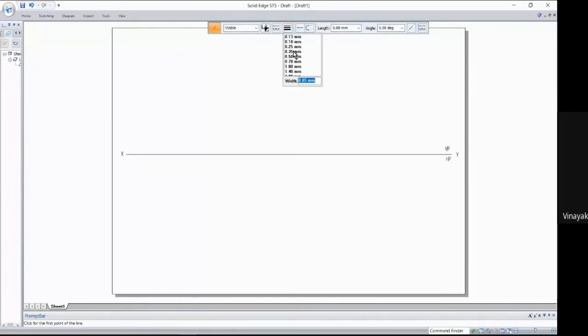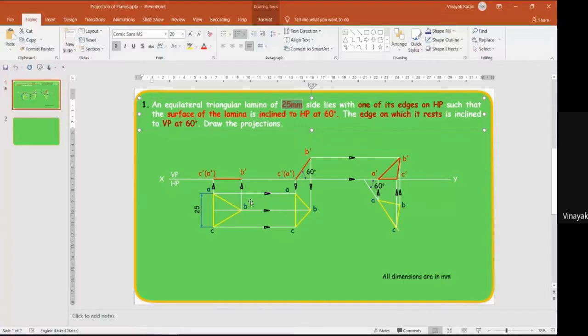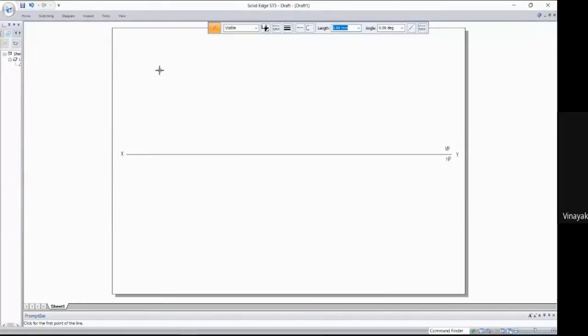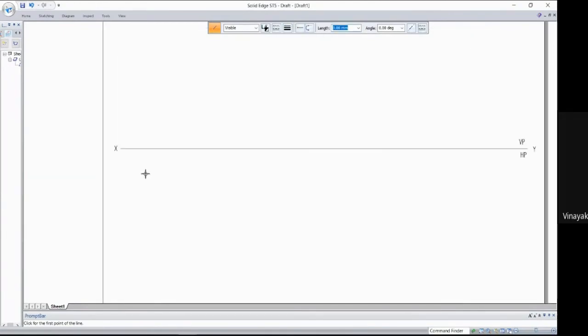That must be drawn with thick line. The ones shown here in white color must all be drawn with thin lines. The ones which are colored must be shown with dark lines. Even the dimension lines must be thin lines. So first draw a vertical line here. Just make sure you have a space here. Draw a vertical line of 25 mm. After that, I'll be doing it as you do it in a box.